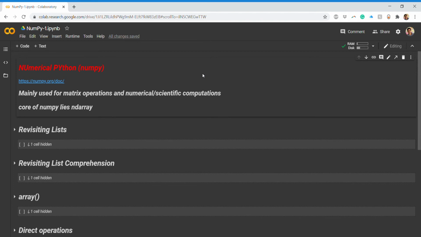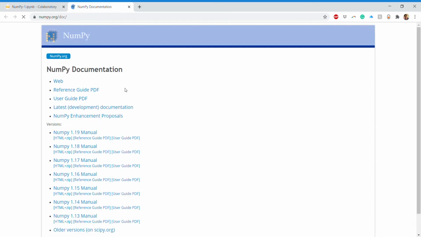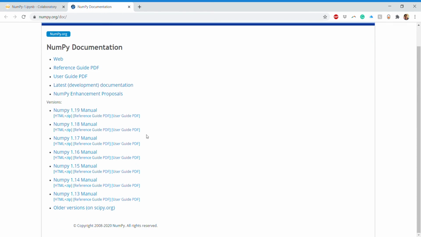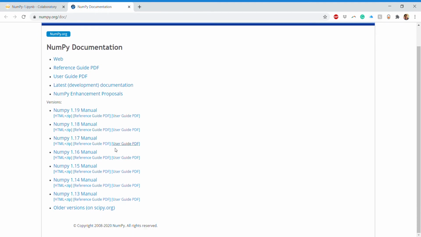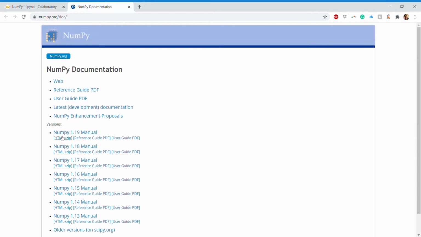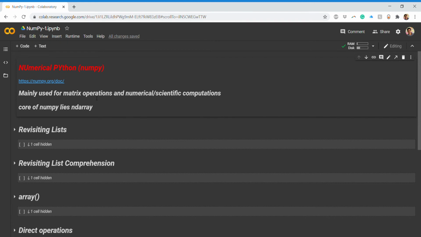So let's get started. I have a link to this website, numpy.org. In this you will find various documentation and reference manuals for different things. I'll not open this PDF, but you can check it out: different histories and different things, basic operations. Out of this we'll be covering a few sections which are required for our analysis purposes. So let's jump on to the first.